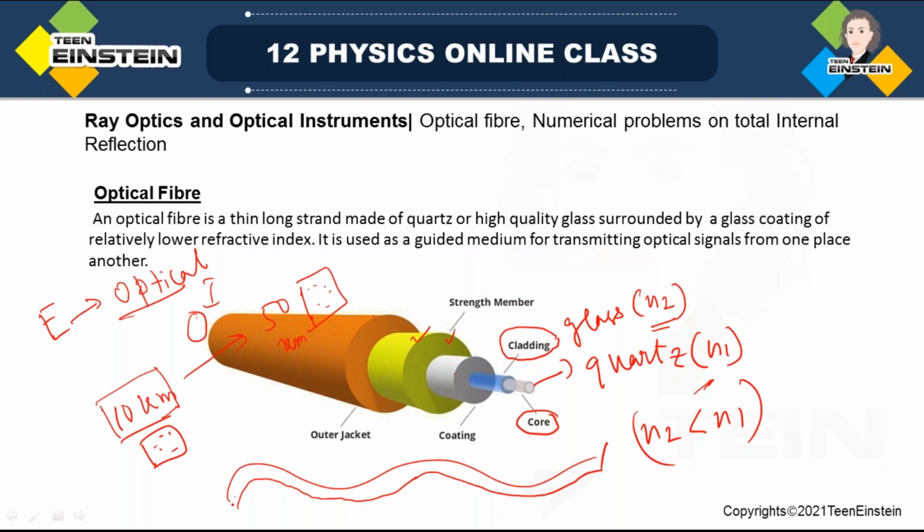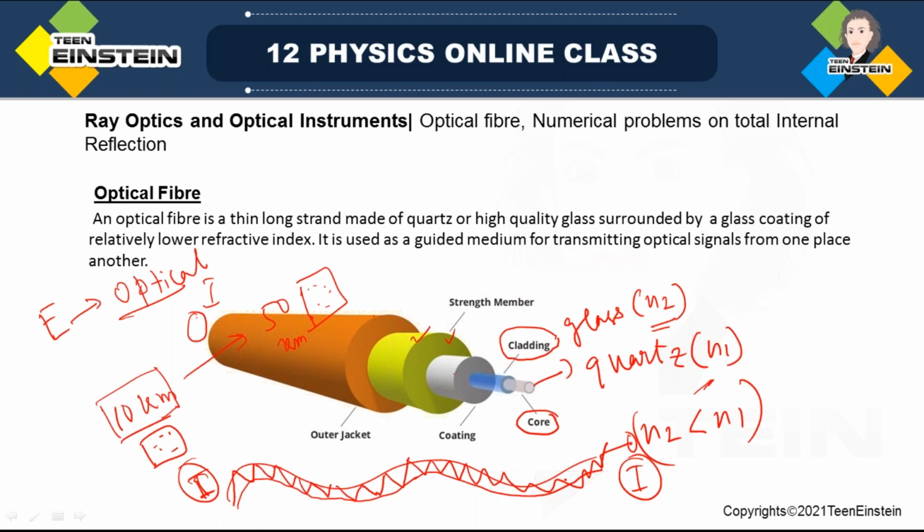What happens here? Total internal reflection happens, multiple total internal reflections happen, and the signal travels on. Total internal reflection means there is no loss, no transmission, nothing. So no loss of the signal. You'll get the whole signal out over here. If the intensity of the signal in the beginning is I, at the end also you will have the same intensity I. So this is the advantage of using optical fiber.